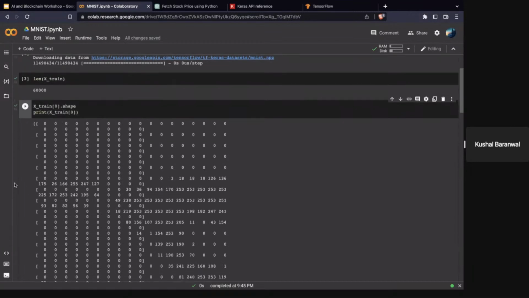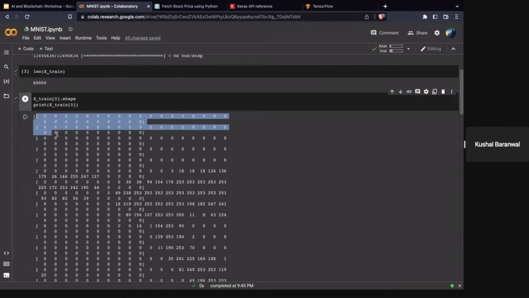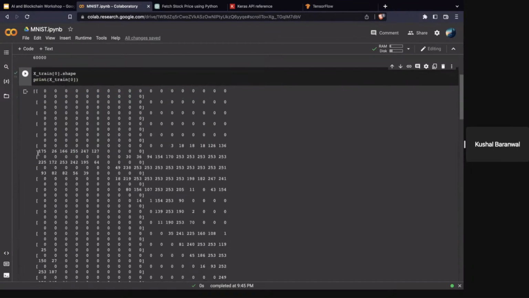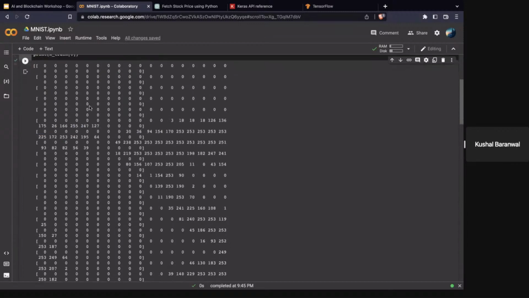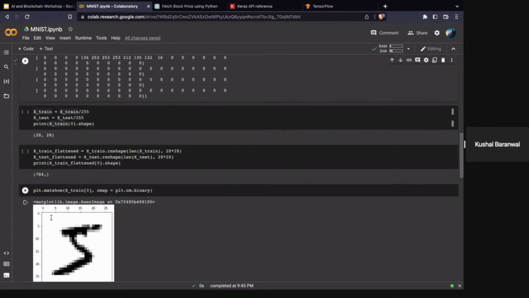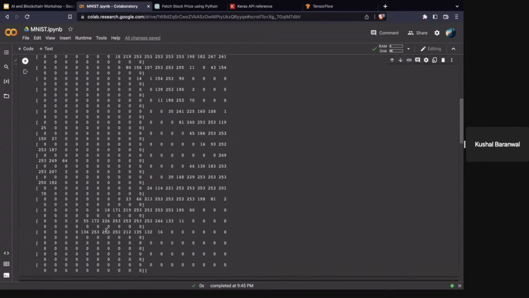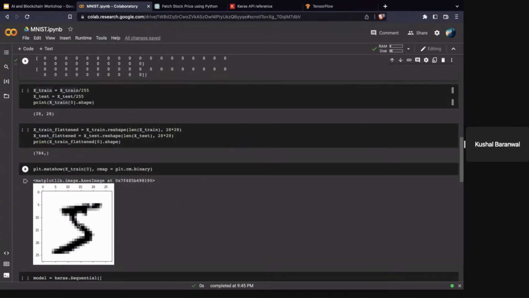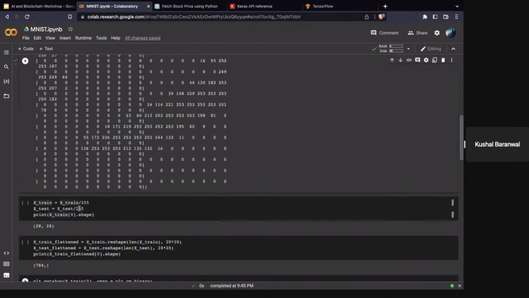So you'll see that a lot of these values are 0, but they go from 0 to 255, right? 0 means, in this case, completely white, and 255 means, in this image, completely black, right?